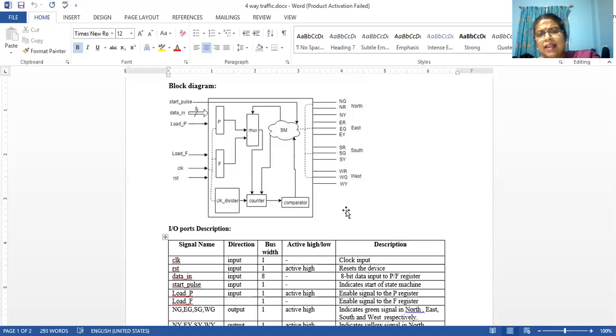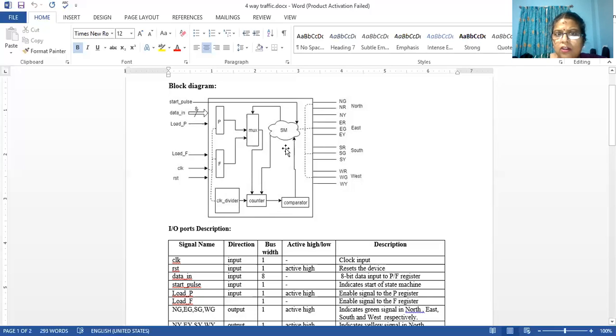There may be internal signals declared inside the design. These are the outputs and these are the inputs. When you do a logic design internally, you may need internal signals also. For example, this counter is completely an internal block. Nothing is connected to the input or output here.